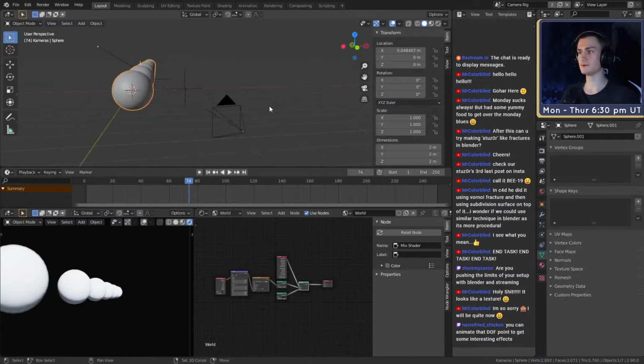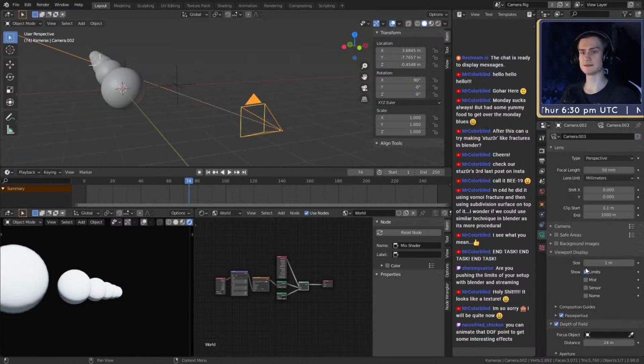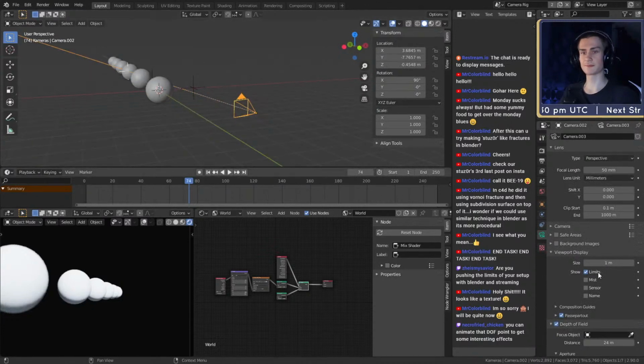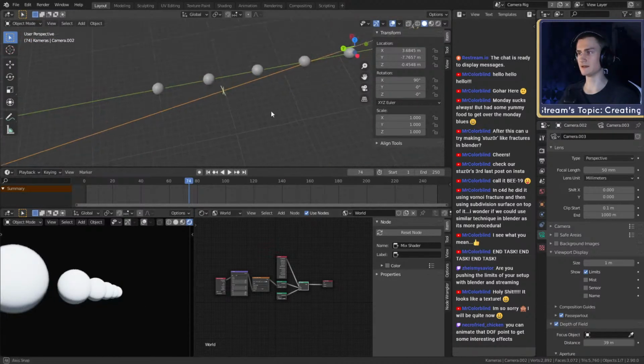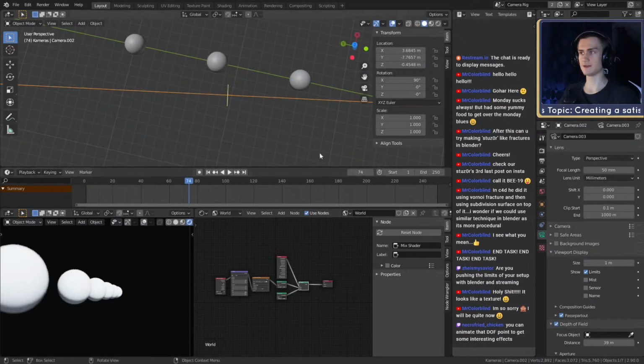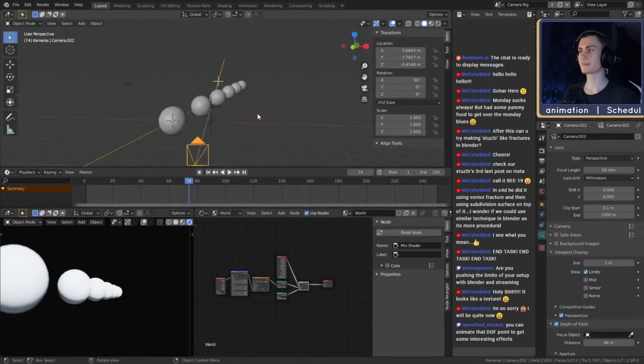You would then have to go back to your camera and say show limits, of course, and then change the distance and kind of see if it fits in here, and then also in here. And you can see we still have to move it further back, and this one should be quite good to put the last sphere in focus.